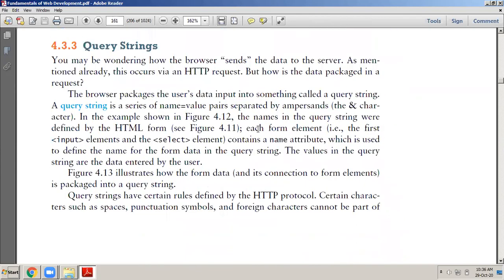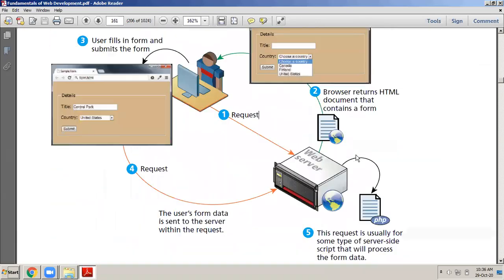Next, I told you yesterday that we will be starting with something called a query string. What is the meaning of a query string? Now, this is a very important concept. In the examination, they may ask you this question as to what is the meaning of a query string, how it is useful. Now, let me tell you that when the data is submitted from the user, let us go back to this diagram here. When the user enters data into the form and then submits it to the server.